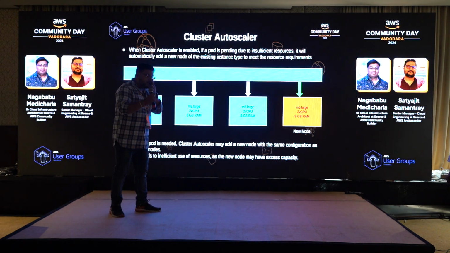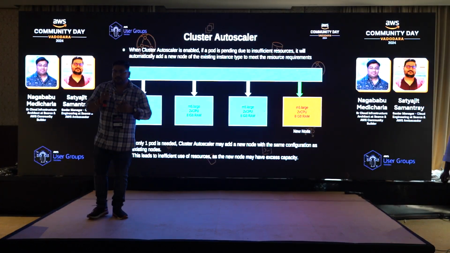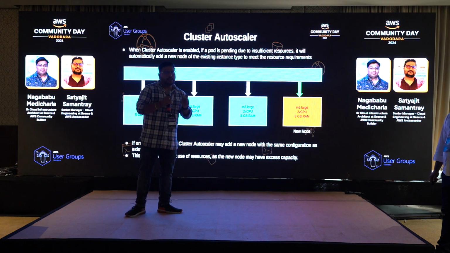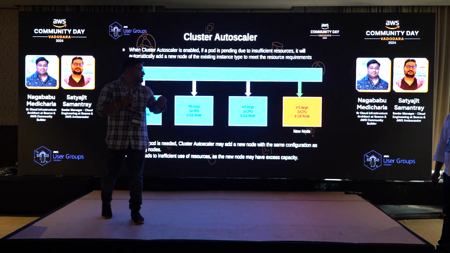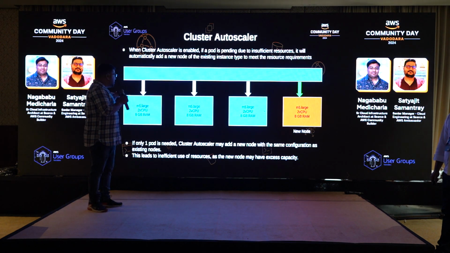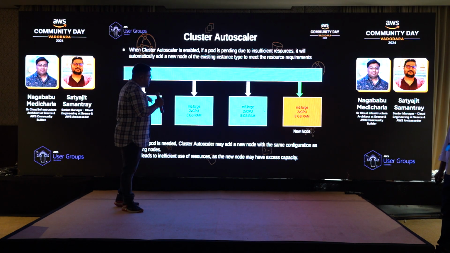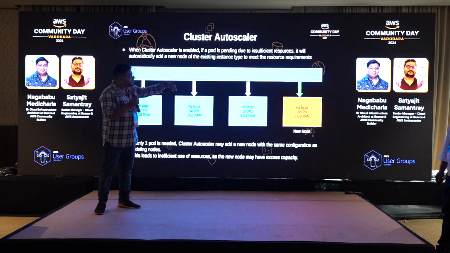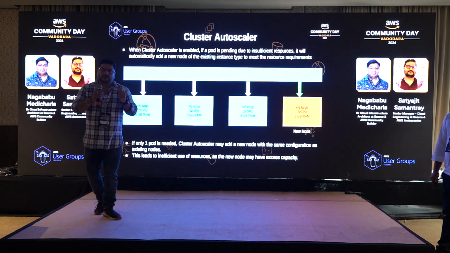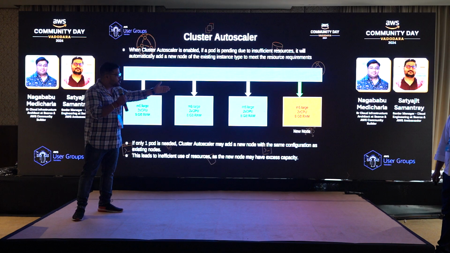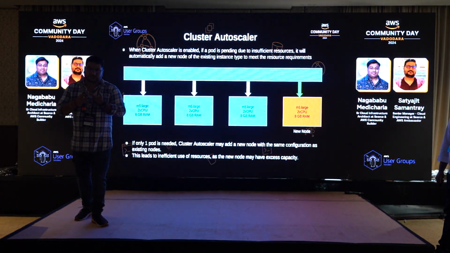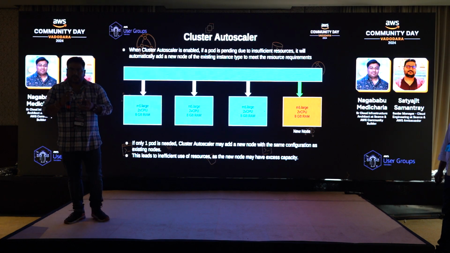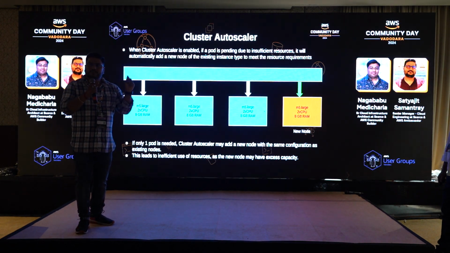But the disadvantage of cluster autoscaler is that it works on the autoscaling group concept. It means whatever instance type we have specified, it will bring that at any point. Let's say here I'm talking about M5 large, which is 2 vCPU and 8 GB of RAM. 3 nodes are running. Let's say I need only 1 pod. At that time it will bring a new node, since 1 pod will be in a pending state. But the new node which comes into the picture is 2 vCPU. It means wastage of resources. So to overcome that, Karpenter comes into the picture. It means for your exact requirement, it will choose the exact amount of instance type.